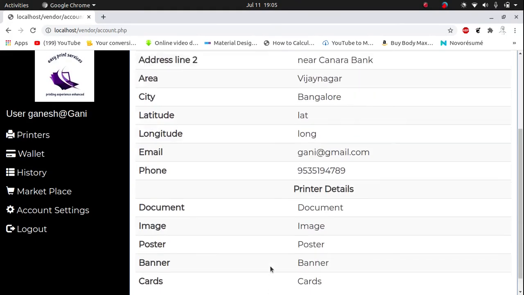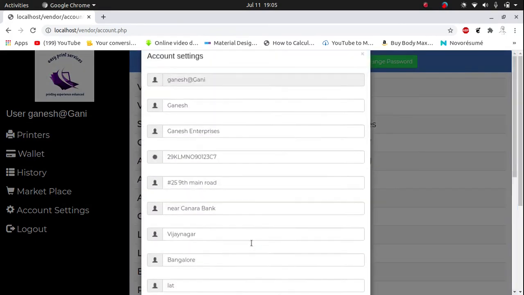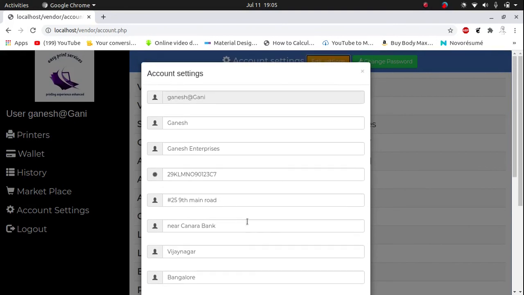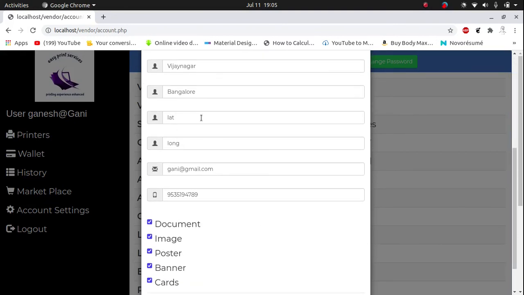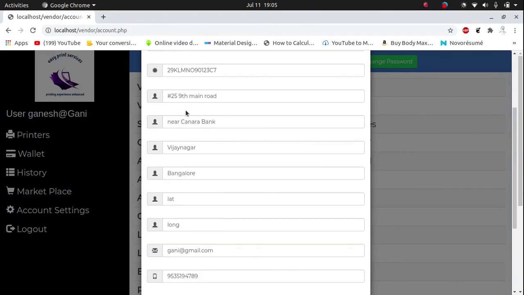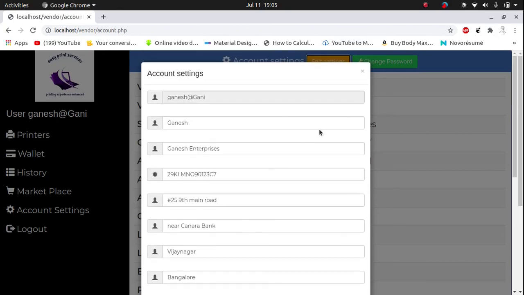Now similarly I can edit all the details here. So latitude and longitude is not necessary, because whatever the address I've given here, it will automatically convert into latitude and longitude. So the auto detect function is already there in the Google Maps API,